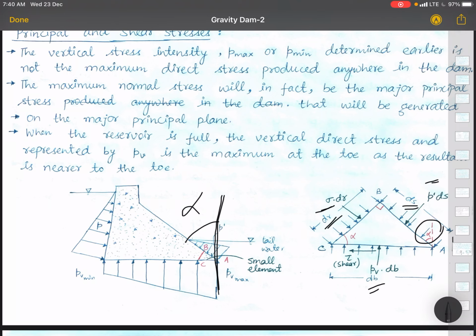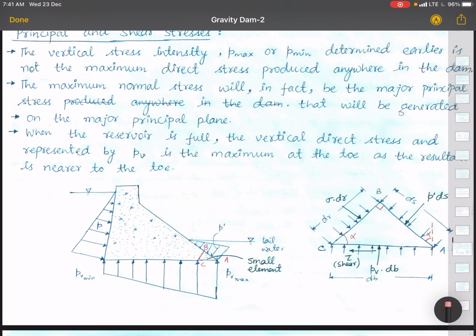So we have used this alpha here. Accordingly, by geometry we can see that this is also alpha. So now we have a triangle with different angles and different stresses. So we cannot add or subtract stress like that. We have to convert it into a force. So how are we going to do that?